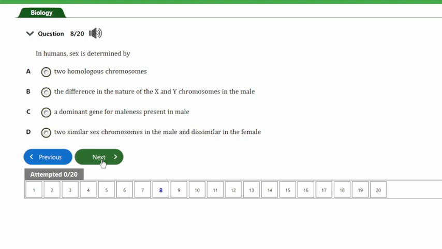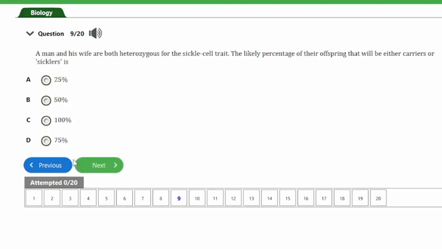So guys, the correct answer to this question here is option B, and that's difference in the nature of the X and Y chromosomes in the male. So let's go ahead and look at the next question. Question number 9. It says, a man and his wife are both heterozygous for the sickle cell trait. The likely percentage of their offspring that will be either carriers or sicklers is A, 25%, B, 50%, C, 100%,